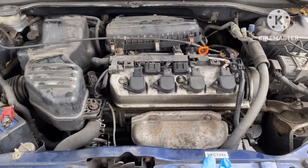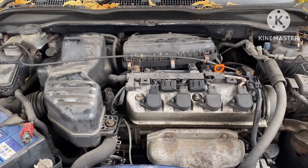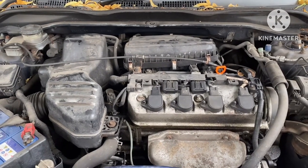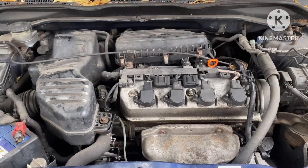I've got a 2003 Honda Civic. This is the one I did in an earlier video, did the transmission oil change due to some grinding sound coming from the gearbox. Now the transmission oil change has actually solved that problem, luckily anyway, so that issue sorted. But anyway,